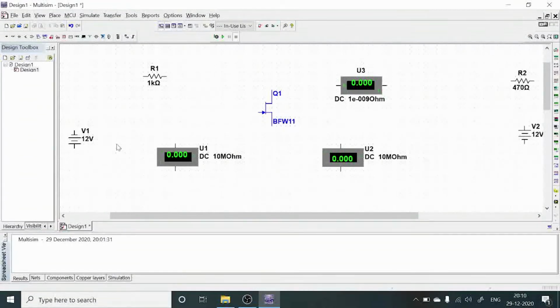For this case, I am going to start with this DC source 1. If you want to make the connection, means we require the wire. Here there is no need to select the wire, just you can move the cursor where we need to take the wire here. So just place the cursor at that end of that node here, then it will be highlighted like this. A node will be created. When the node is created, press the left button, just drag the cursor and where we need to connect